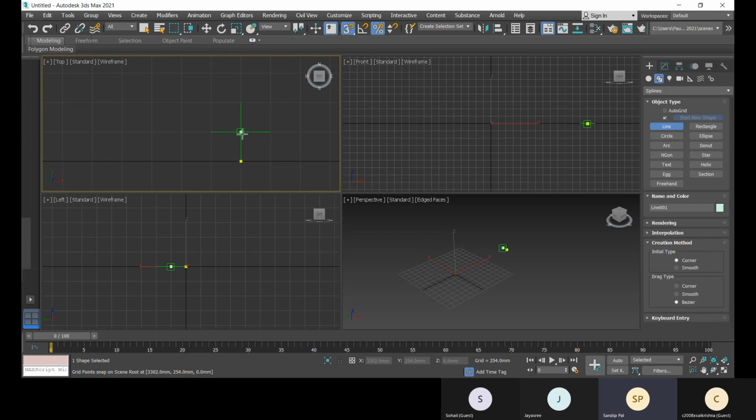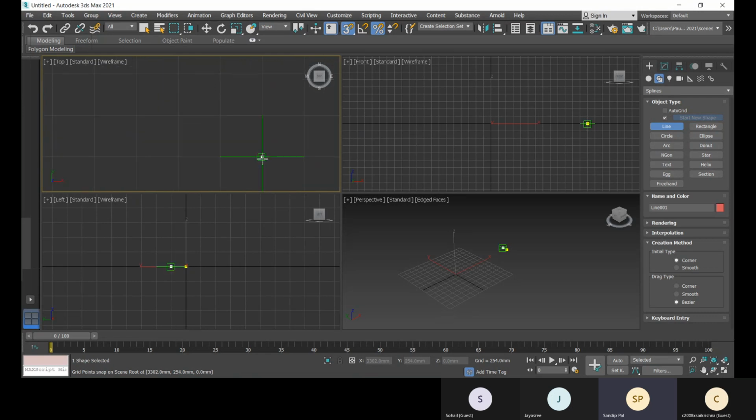Then click, and now I will hold, and I will get this smoother line. So this is the drag type. If I don't hold the mouse click, I will have corner options. So this will create a corner, correct? This way you can use it. All right, so let's go with that.